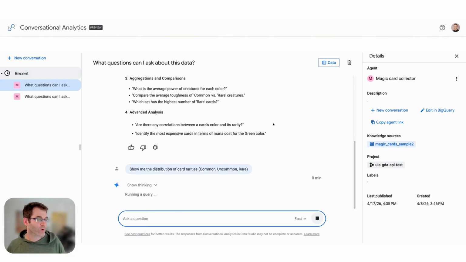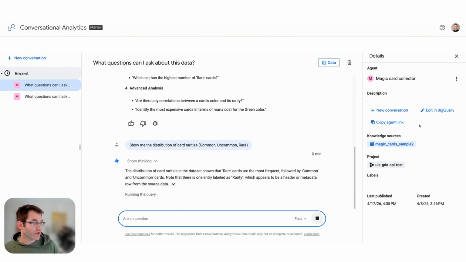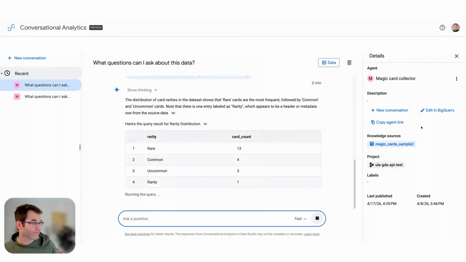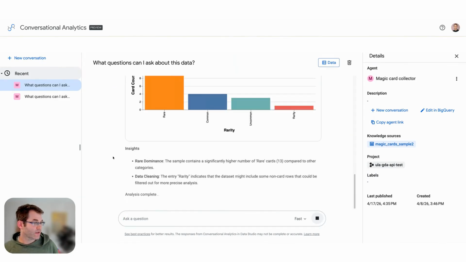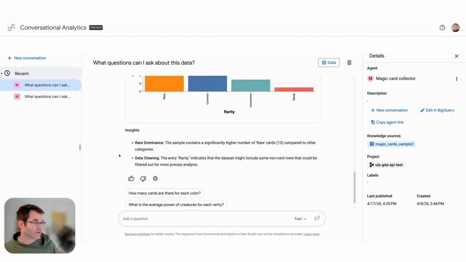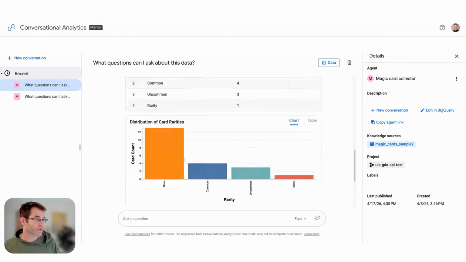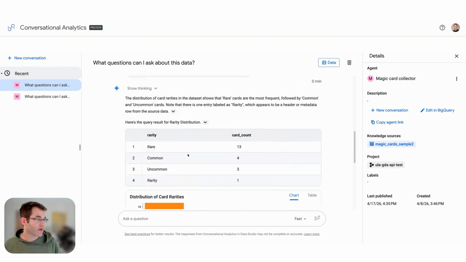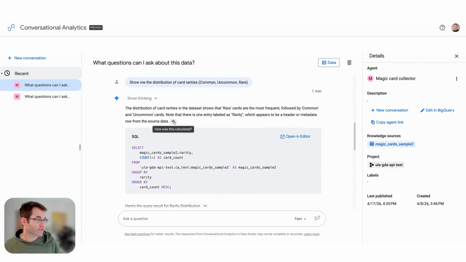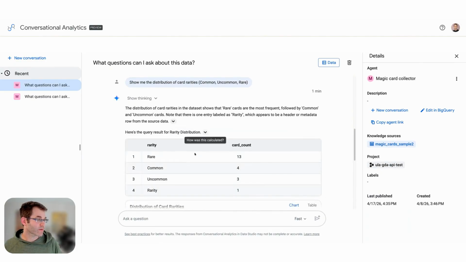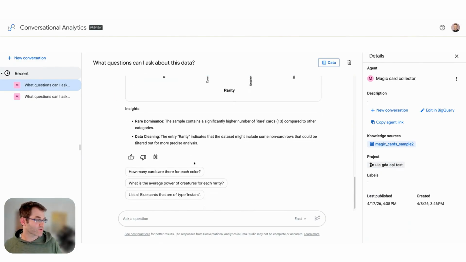All right, so we'll let this run for just a second. Again, I can start a new conversation on the fly. I'm just going to go and show its thinking here. All right, cool. And there's some insights. And I even like these easy to click on recommendations, they make it really easy to continue to explore my data. But here you go. I can see the SQL that's been fired up here and the query and the visualization breakdown. So that's super fun. All right, so I can also go in and edit this